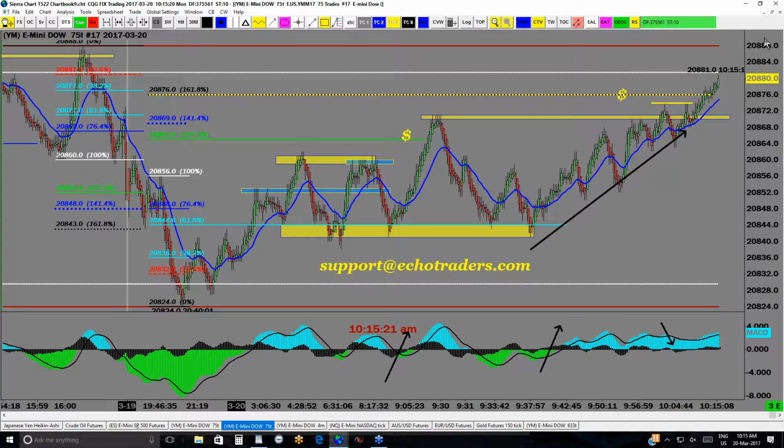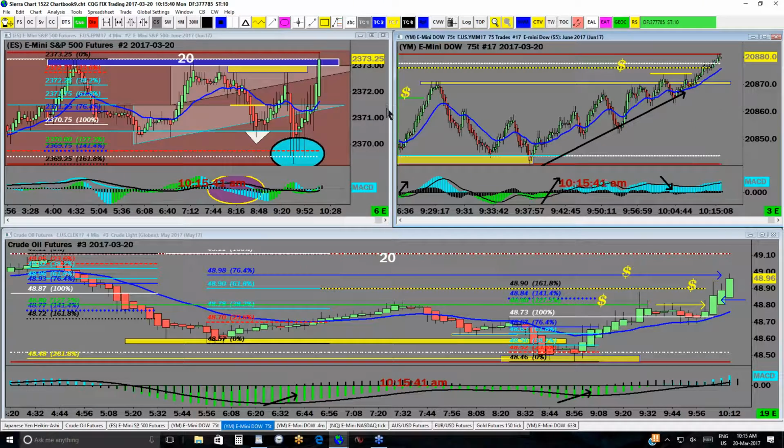And pushing on, we didn't really expect it to turn around. We did expect it to walk sideways. So it sort of walked sideways right in this little corridor here, right in this area. Walk sideways, just a little bit there. We're just going to expand. So we have ES left to go,